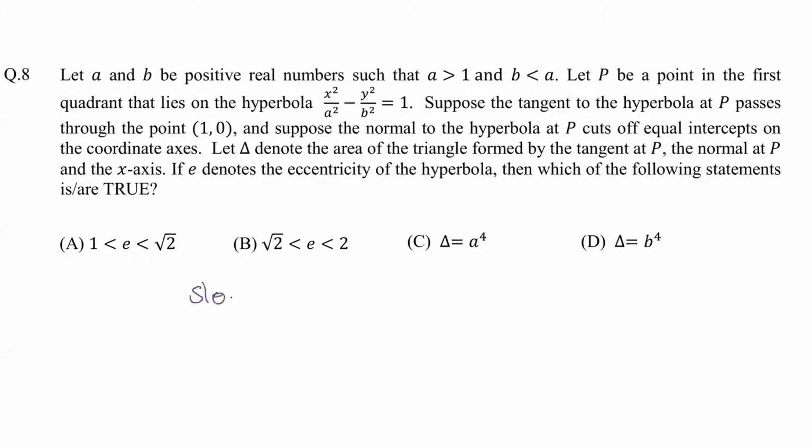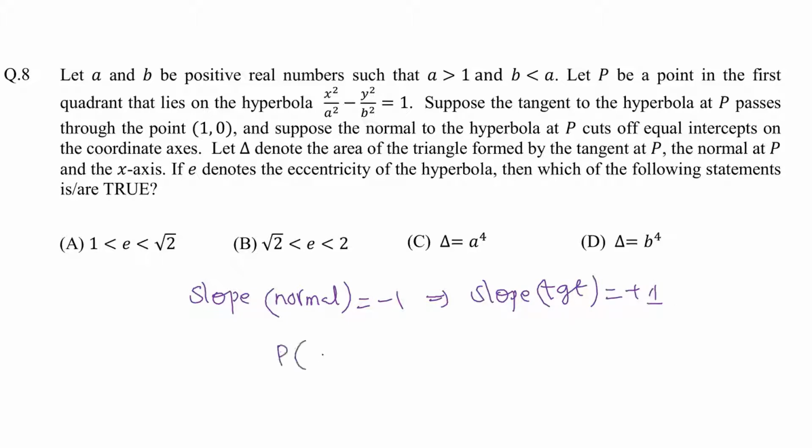So using that, the slope of the normal drawn at the point will be equal to -1, which automatically tells us the slope of the tangent at the point P should be +1, right? So now we are going to take the point P in parametric form to proceed further. That will be a sec theta, b tan theta, the point P we will be assuming. And then we proceed to the calculations and identify what we have to do here.